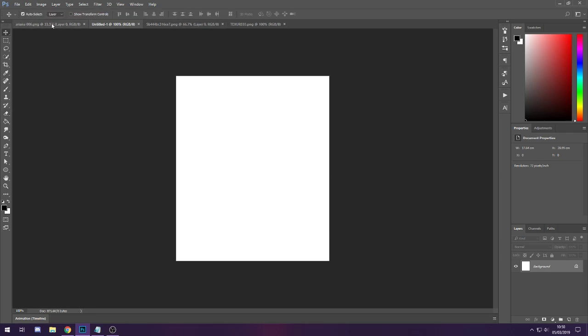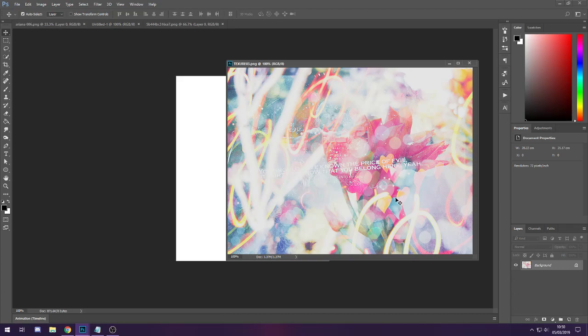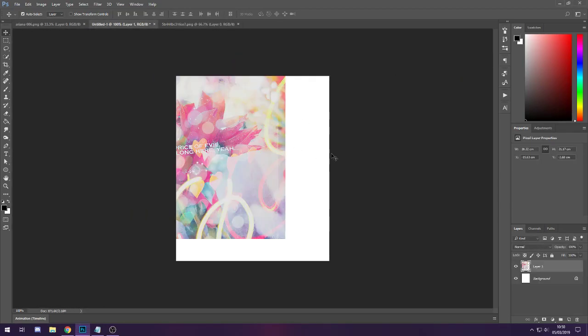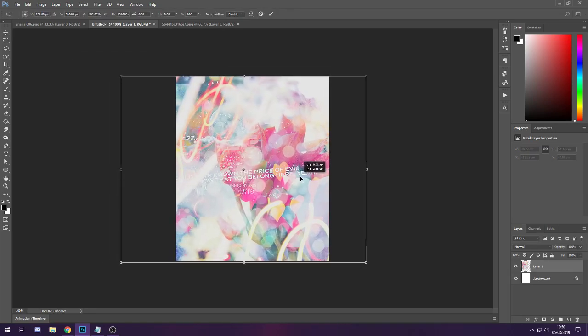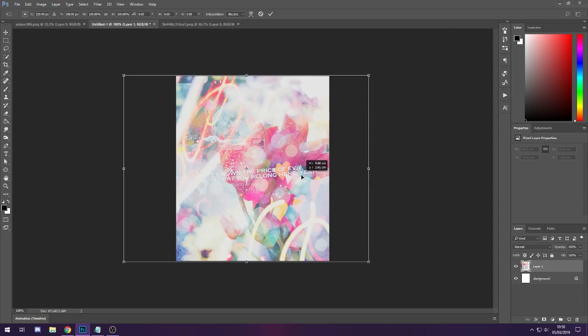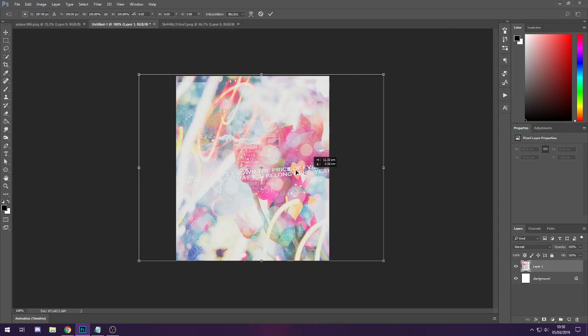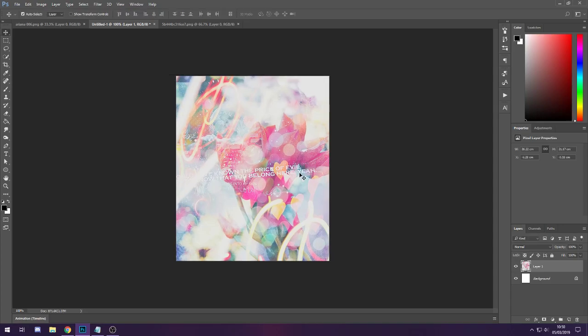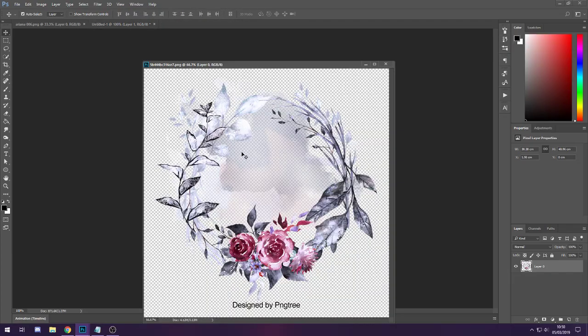So first things first is I'm going to add the texture. So I'm going to add this texture, just drag and drop onto my template on the size I'm going to be using for the layout, for the edit, and then I'm just going to crop and transform where I want the image to go. And then I'm going to add the second texture on top,